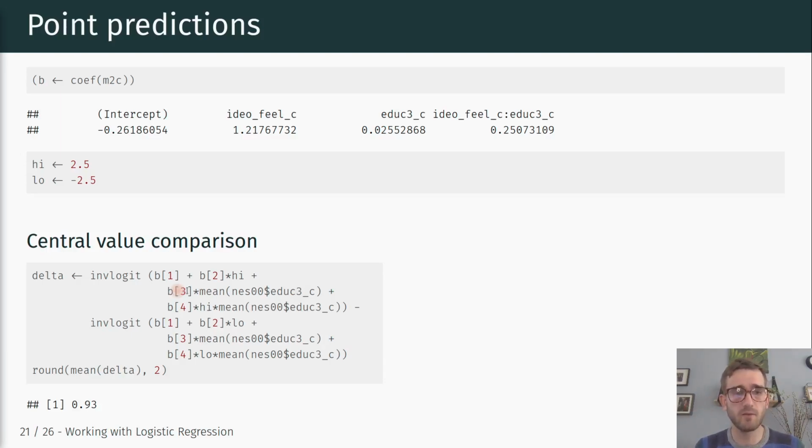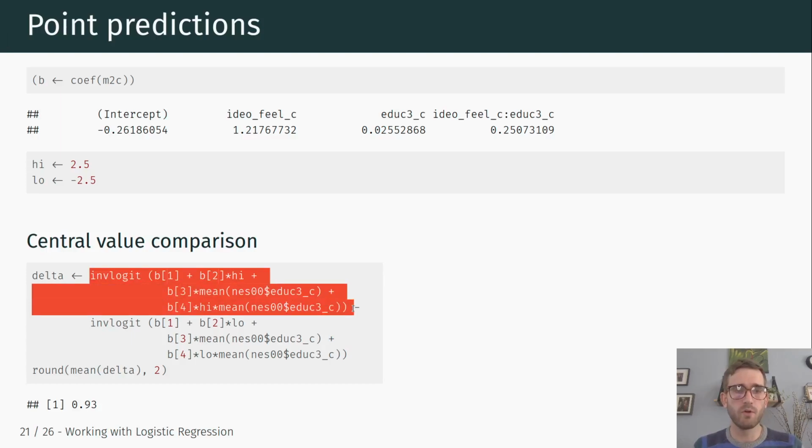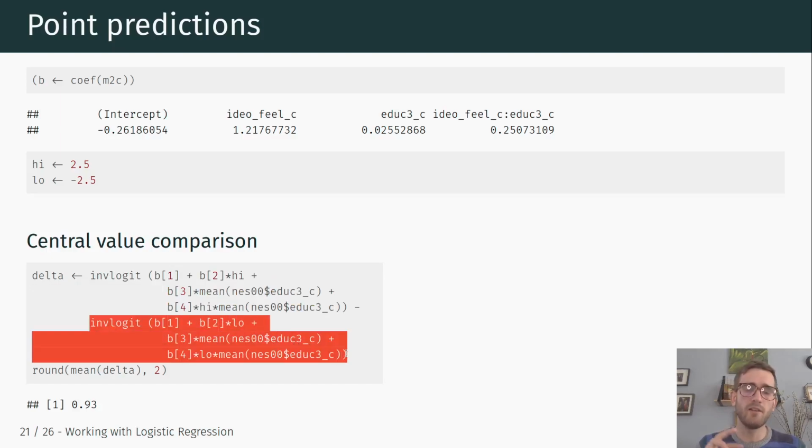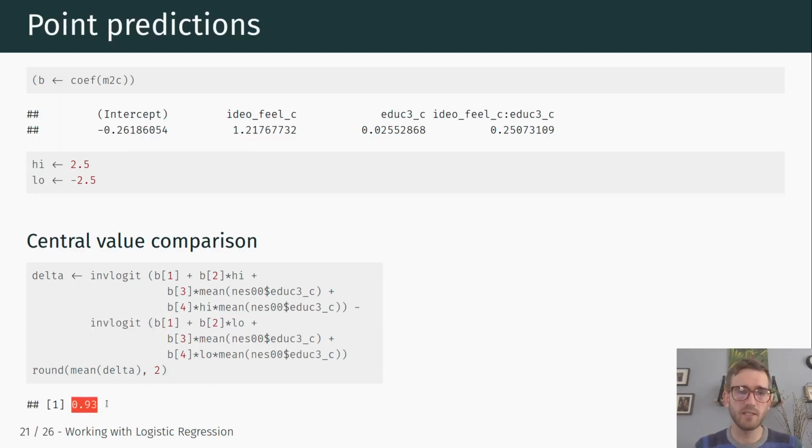Okay, and we plug those in with the respective coefficients, B3, as well as the interaction term, B4, where we multiply the high values that we set with the average value of education. We basically compute a predictive probability for our high ideology scale scenario and for our low ideology scale scenario, and then we compute the difference between those predicted probabilities, and the result here is 0.93, which again means that comparing